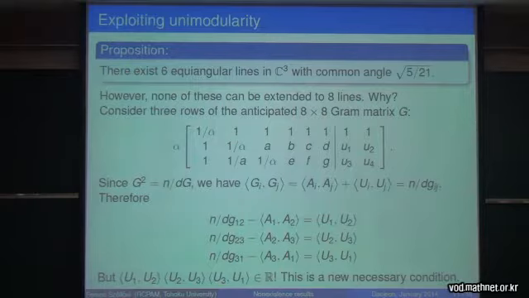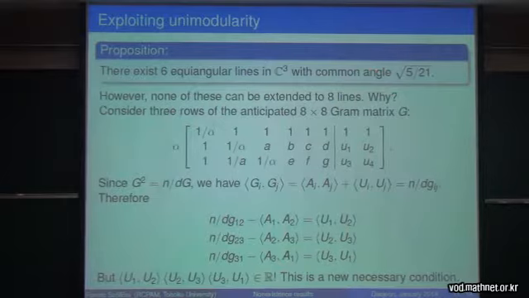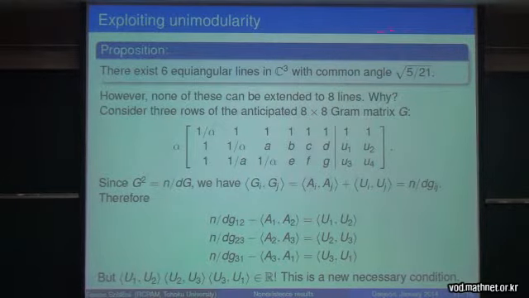Okay, so in the 8-6 case, when there is non-existence, the following idea was used. So the result is what I announced already, that 6, oh no, this is another result. So in fact there do exist 6 equiangular lines with this common angle that we want. It could happen that there is no such configuration and we already won. Bad news is we have such a configuration, but none of these can be extended to 8 lines, and then